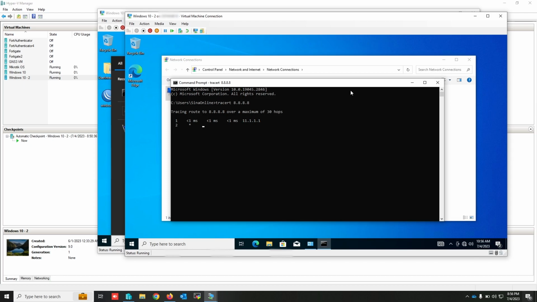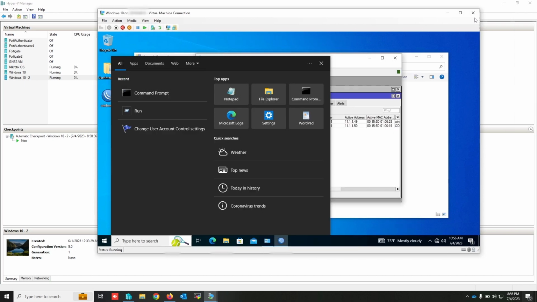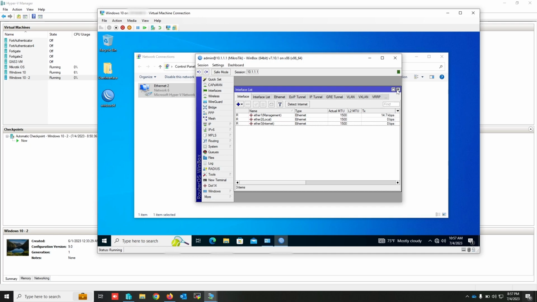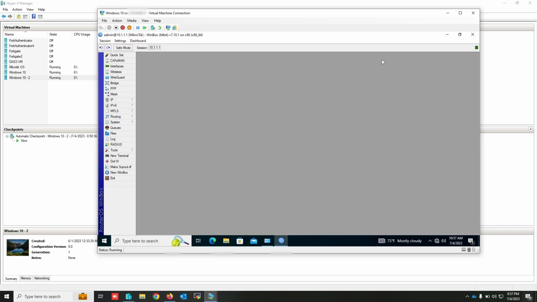To connect our client to the internet, we have to enable NAT and translate the source address to the outgoing interface. To do this, I have to enable NAT for packets with a source network of 11.0.0.0/8. To do this, going to IP, firewall,